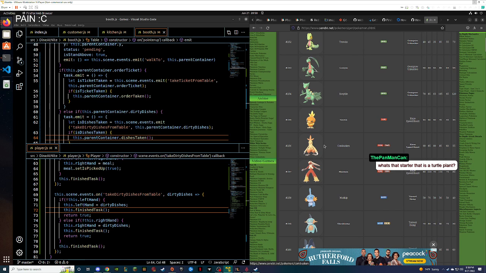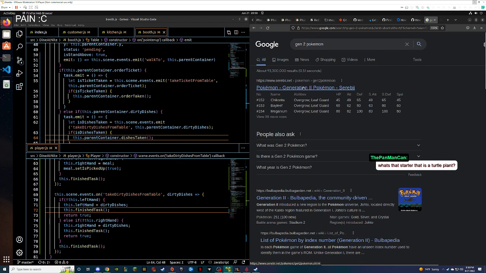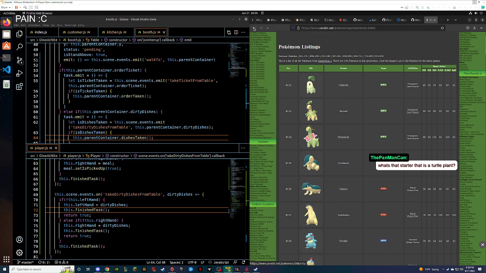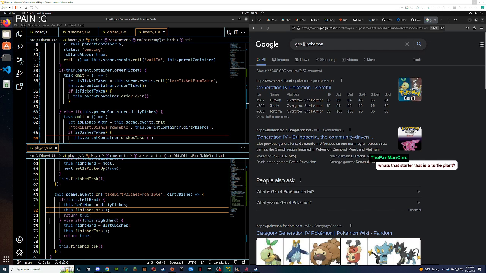I'm upset with the fire. What's that starter that is a turtle? Is that Gen 2? Hold on. No, because I love this one. Is it Gen 4? It's one of the ones before 5.